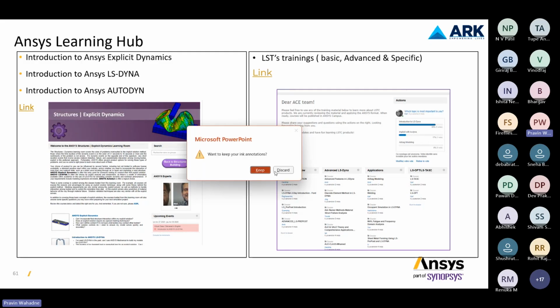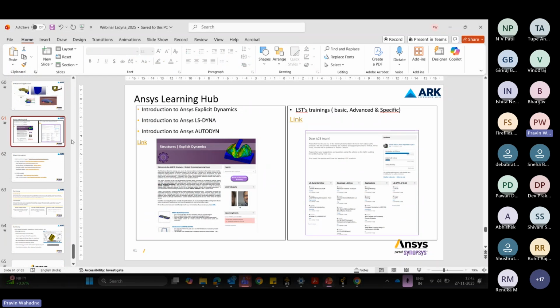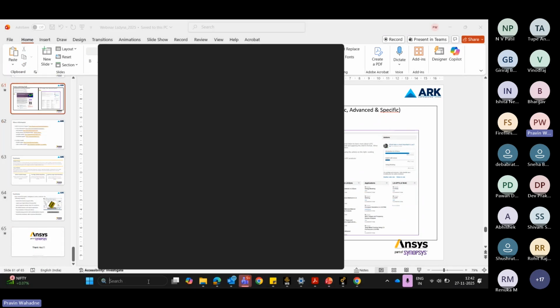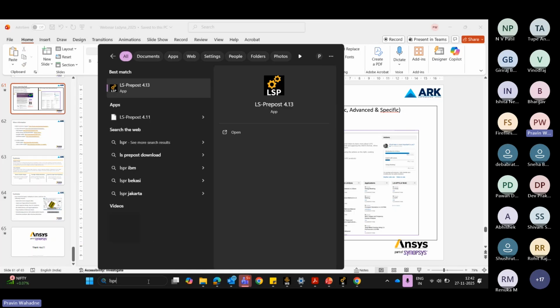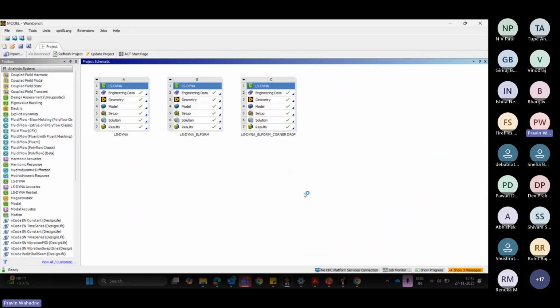So coming to this, I will just walk through a short demo. We'll see both the things. If you want to go with LS-PrePost, generally, I will show you first how we can use LS-DYNA